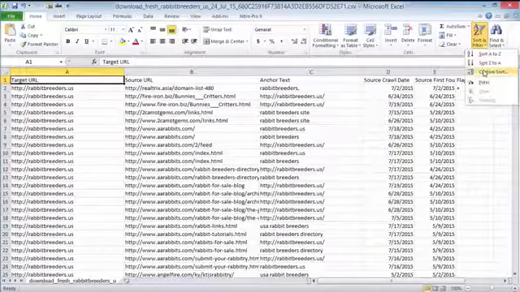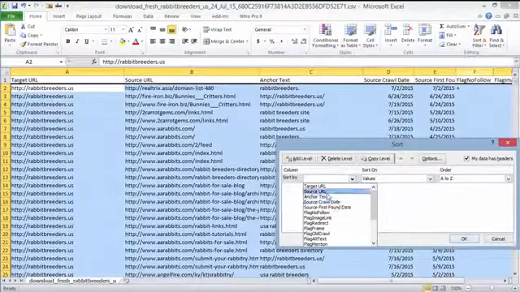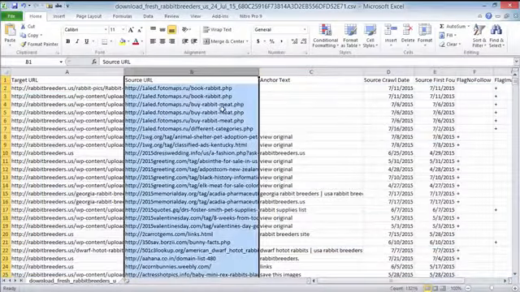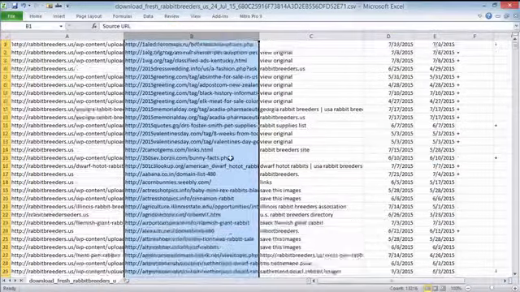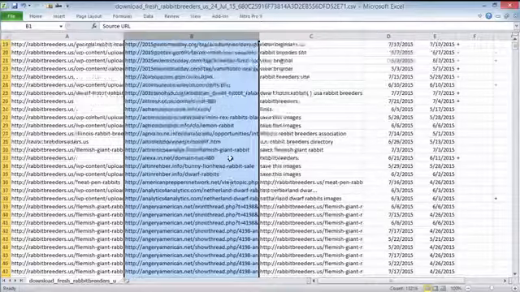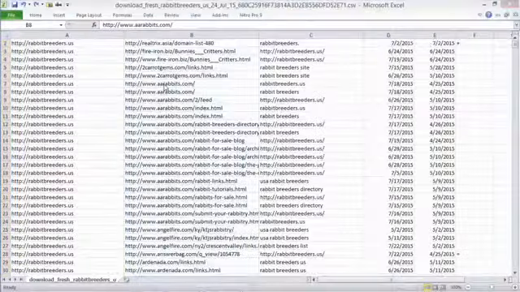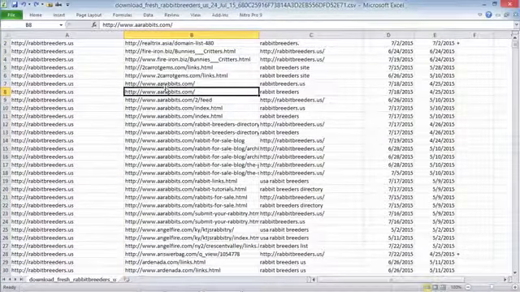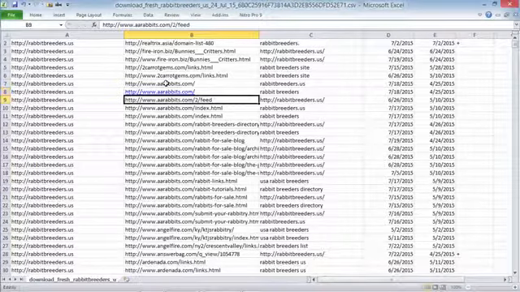So now we have a list of links pointing to our competitor. I like to start by sorting by the source URL so we can see links from particular sites grouped together. Then we can go down and see who's linking. Let's look at this one, a link on aarabbits.com. I can copy the link and paste it into my browser, or in Excel I can press F2 to select the cell, then press Enter, and Excel will turn it into an active link,